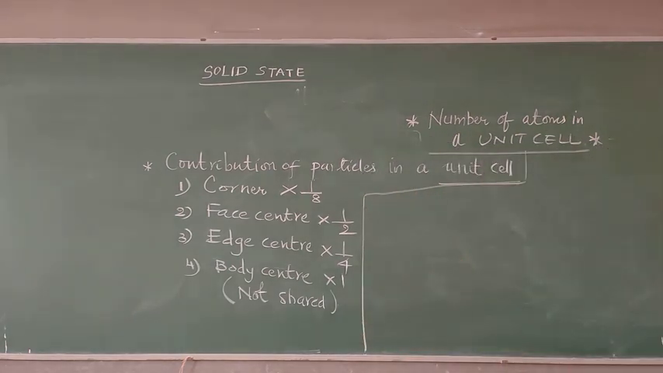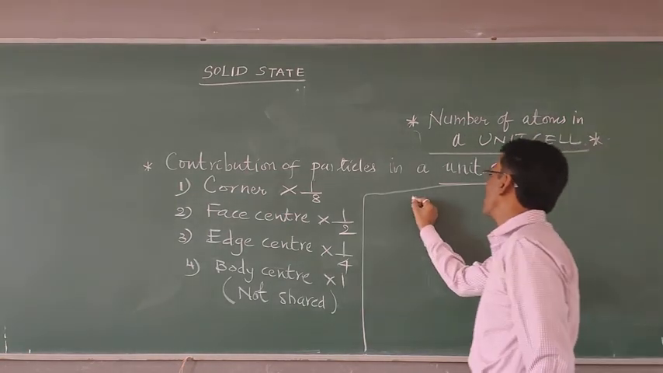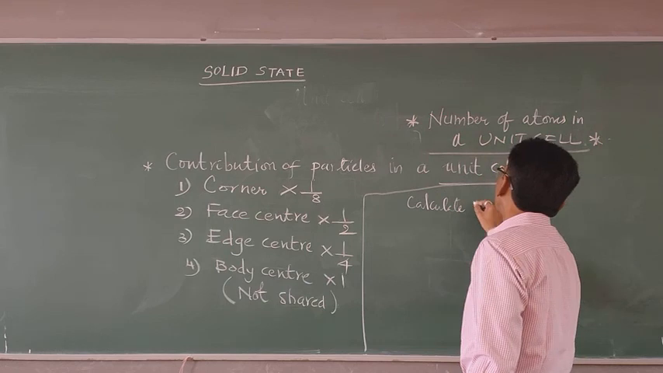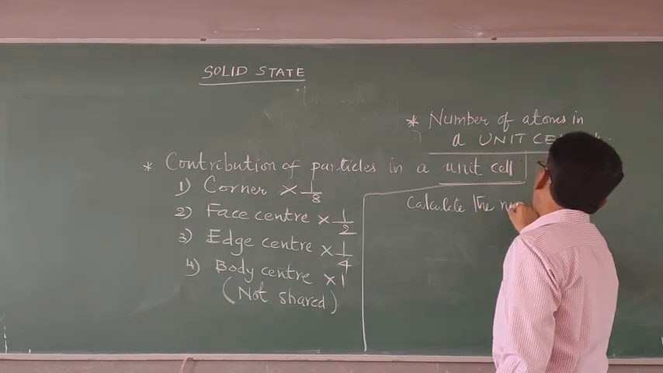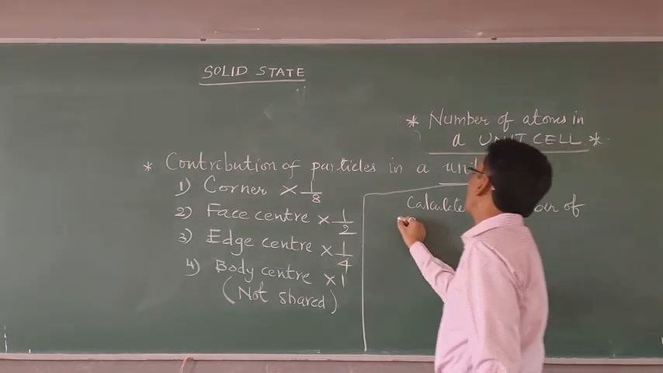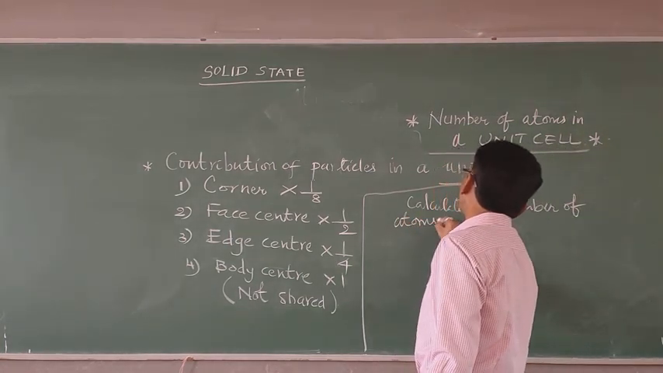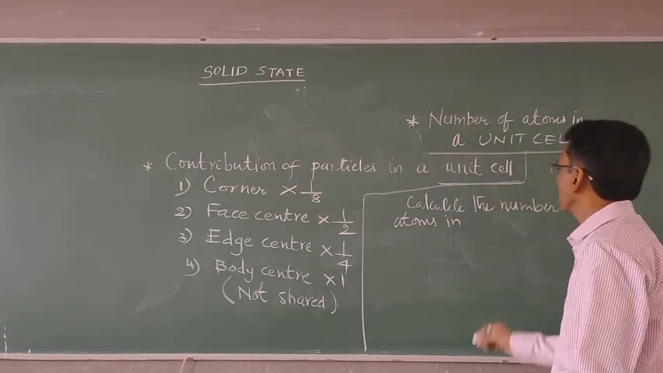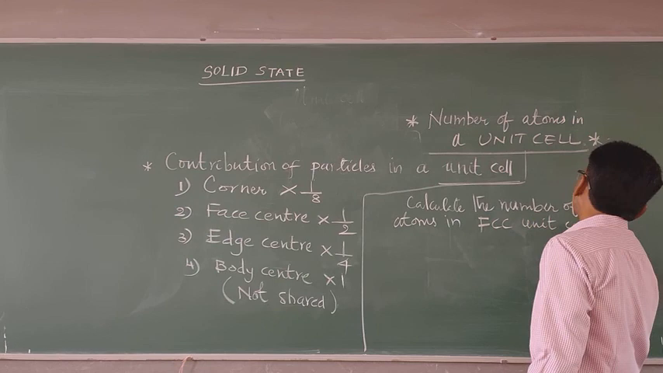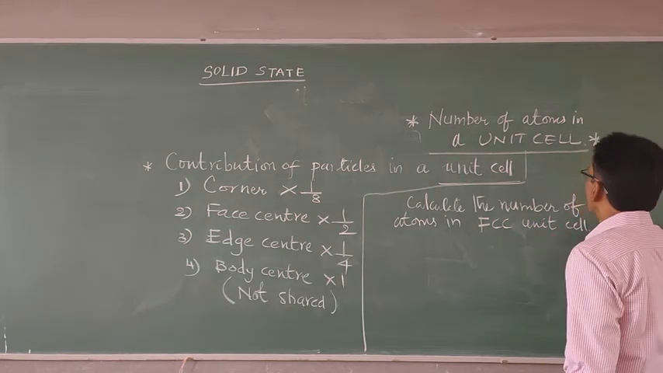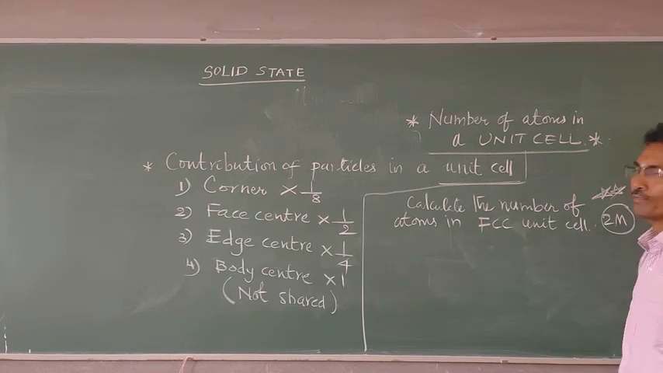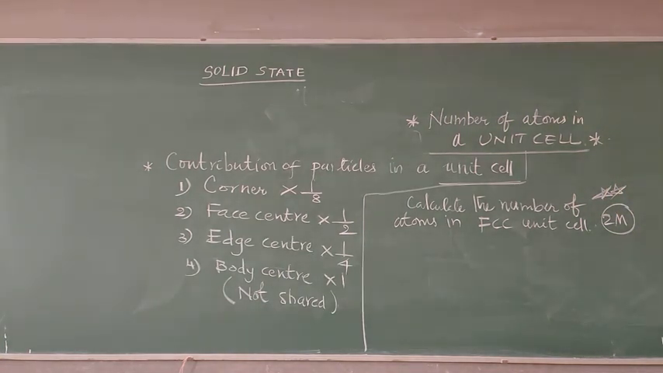If you understand this one, it is very easy to calculate. Yes, the question is: calculate the number of atoms in FCC unit cell. This is 2 marks of board examination calculation. Answer is